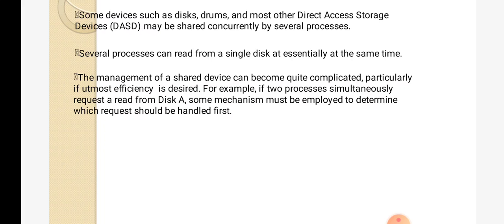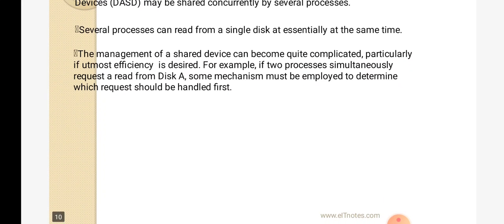Shared means concurrently. When one process consumes the service of a device, at the same time another process can also consume it.